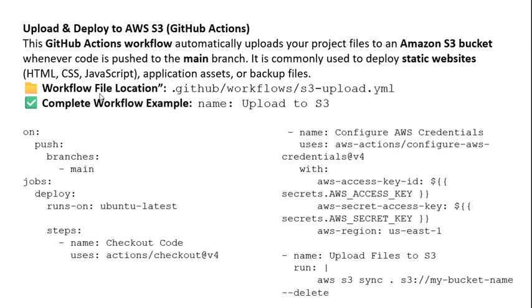The workflow file's location is .github/workflows/s3-upload.yml, and here is the complete workflow example. name: Upload to S3, on: push: branches: - main, jobs: deploy: runs-on: ubuntu-latest, steps: